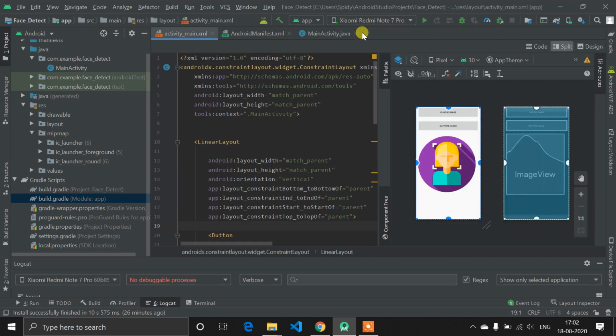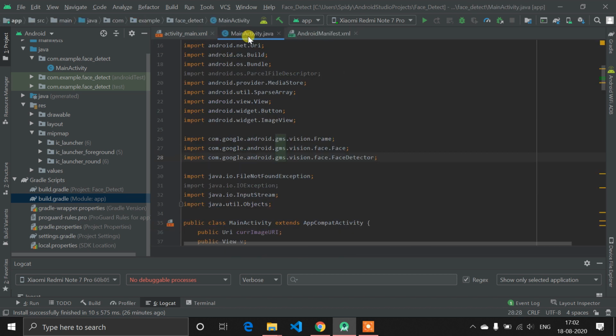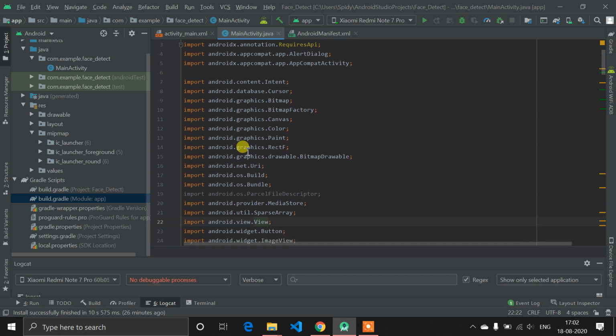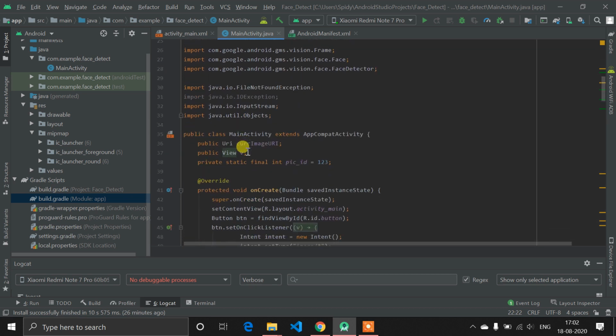Now close all other files. So you just need to go into MainActivity.java. There are lots of files and lots of libraries imported here. So guys, you don't need to worry about this. Android Studio is a very smart IDE. It's not like PyCharm, where you need to write import numpy, then numpy dot, and then you can use any function. Here, if you write np dot add or np dot ones, it will automatically suggest the numpy import and do it automatically. So this is just like that.